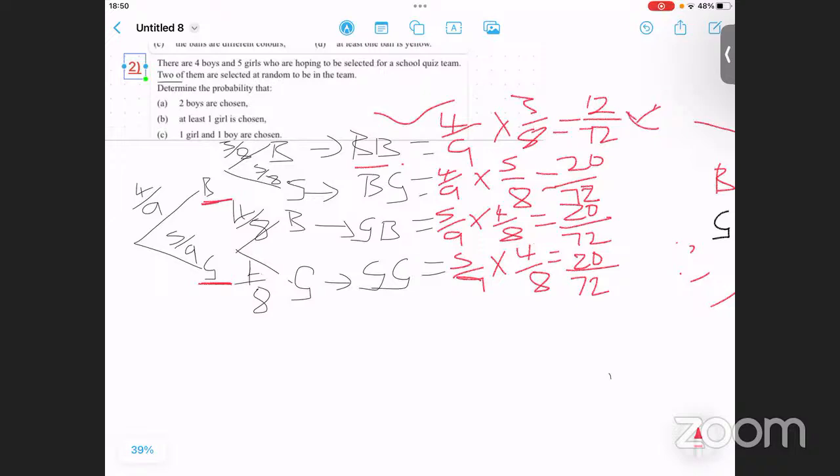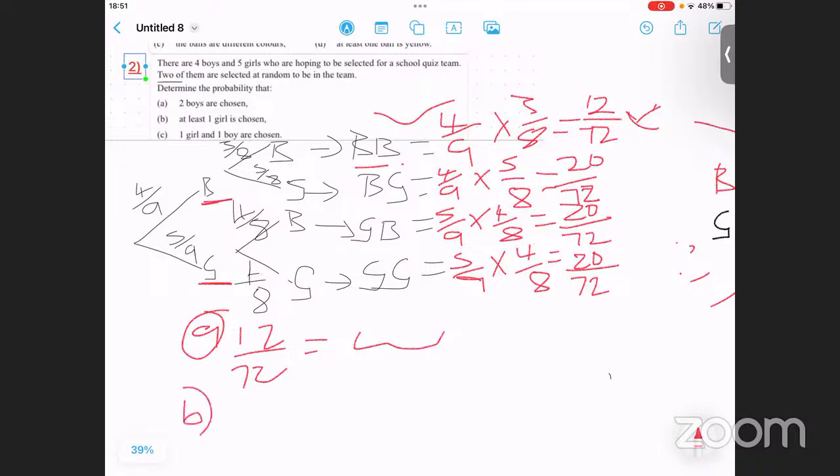There's only one, which is 12 over 72. So the answer for A is going to be 12 divided by 72. And in case you want to simplify it, this is where you're going to simplify it. Whatever you have, it's going to be that. And then B says,